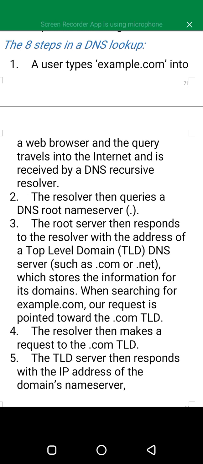The resolver then queries a DNS root name server. The root server then responds to the resolver with the address of a top-level domain or TLD DNS server, such as .com or .net, which stores the information. For example, for .com, our request is pointed toward the .com TLD.